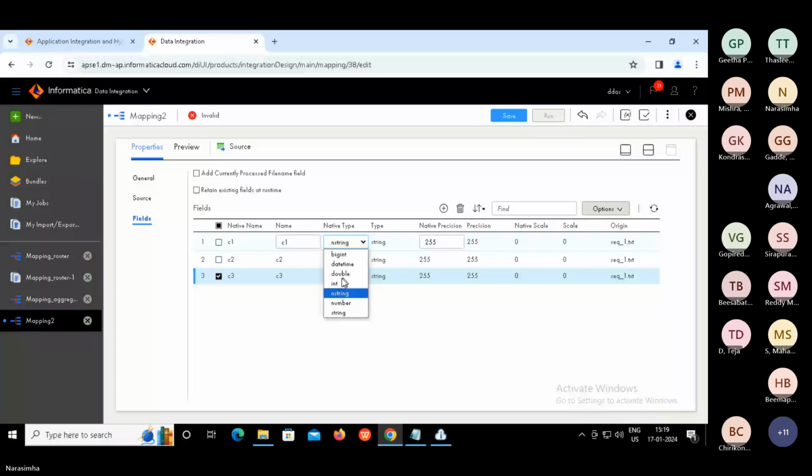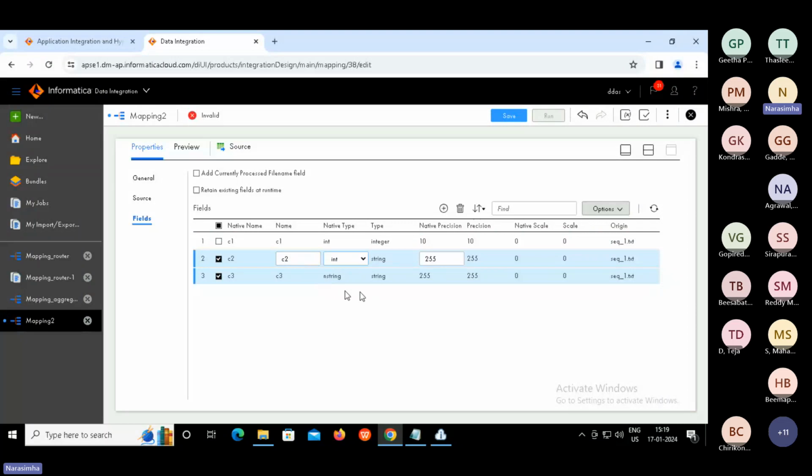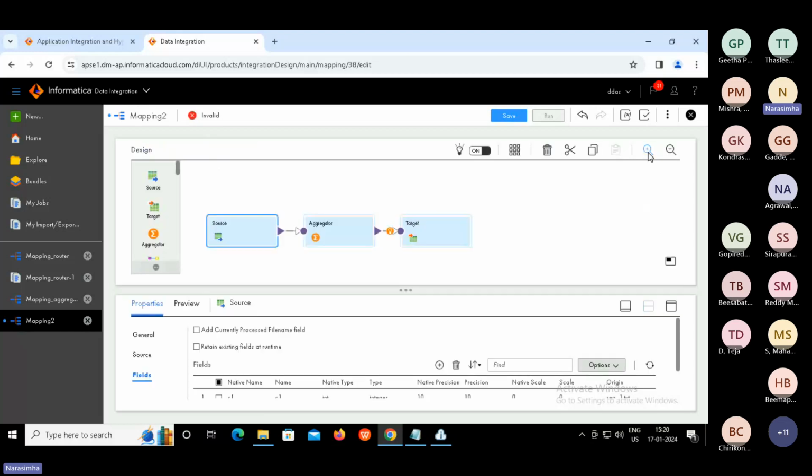Select C2, type it as an integer. That's it. C3 anyway we are not going to use because we are using C1 for group by, C2 for calculation. Clear, guys? So restore this. That is over.